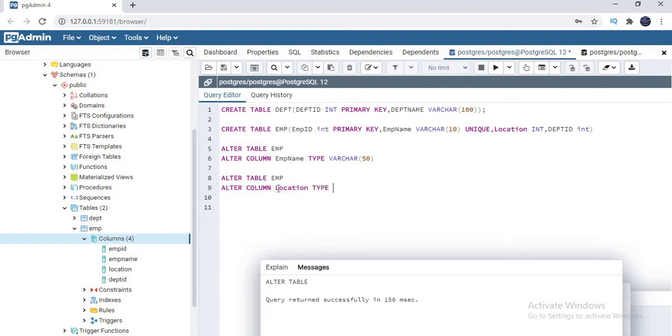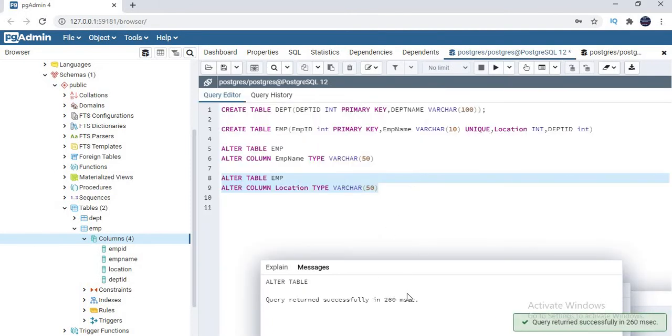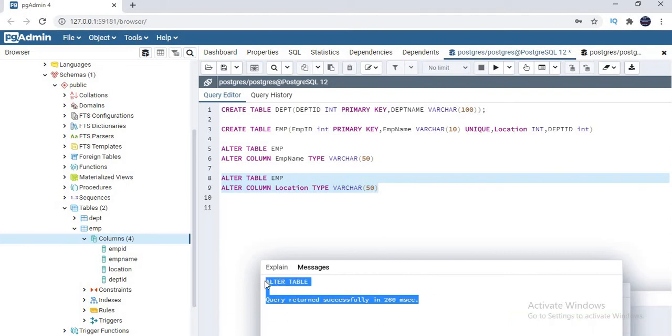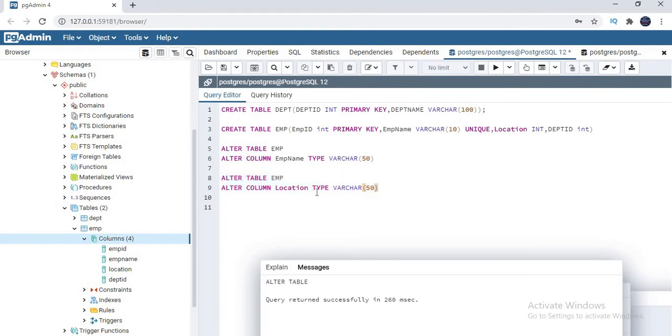Type varchar of 50 or 100, whatever it is. It depends on your expected values. So let's change it to 50. So let's run this. Yes, since it is an empty table, it is accepting easily. Otherwise, if you already have a couple of records, then it might take a couple of minutes or a couple of seconds. Okay, so now in the second scenario, we modified completely the type of the